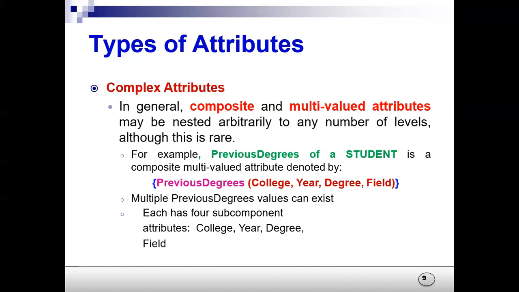See, when previous degrees are mentioned, the previous degree of a student has several attributes in itself. In previous degree you need to mention the name of the degree, then which year, the percentage, and from which school or college you passed out. So these are involved in this complex attribute, and you mark that complex attribute in parentheses. By looking at the parentheses, we know that you are talking about a complex attribute.